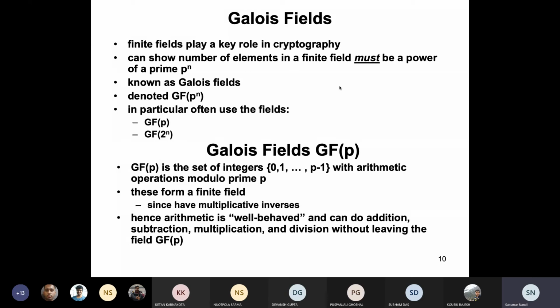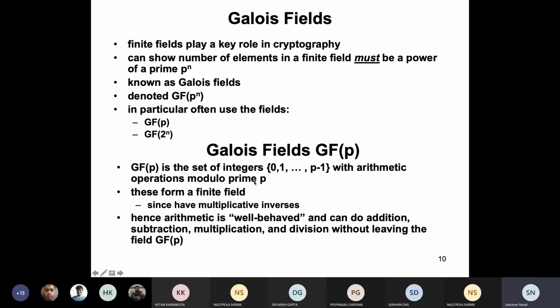The Galois field talks about GF, Galois field P to the power n, or extended Galois field GF P to the power n. If n equals 1, that is called GFP, Galois field P. And if it is extended to n digits or n bits, then it is called Galois field 2 to the power n, in the case of Galois field 2, extended to n.